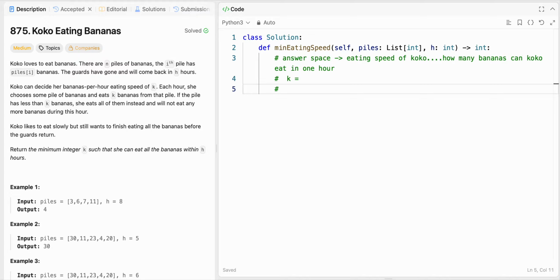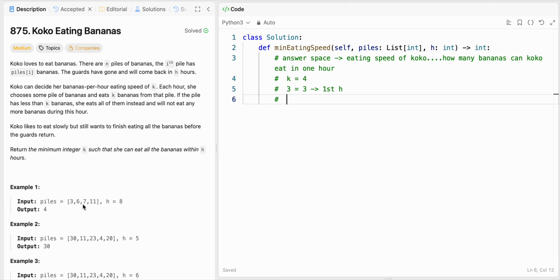Now we go to the first index, the 0th, and there are 3 bananas in this pile. Koko has a speed of 4. If the pile has less than k bananas, she will eat all of them instead. So Koko will eat only 3 bananas in the first hour,